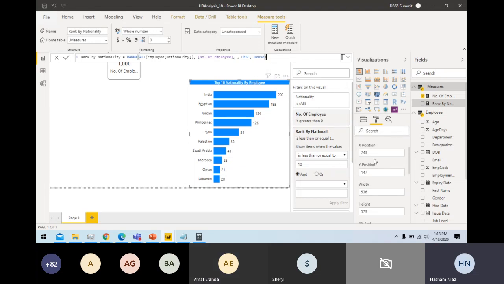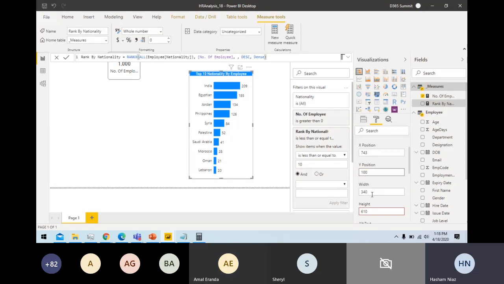So we are now here. So let's do some more formatting. I say this as 340, height as 610, position is 100.